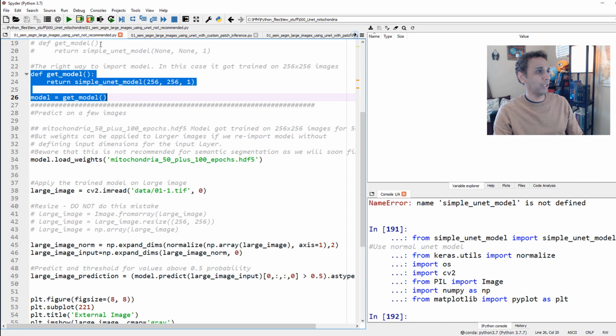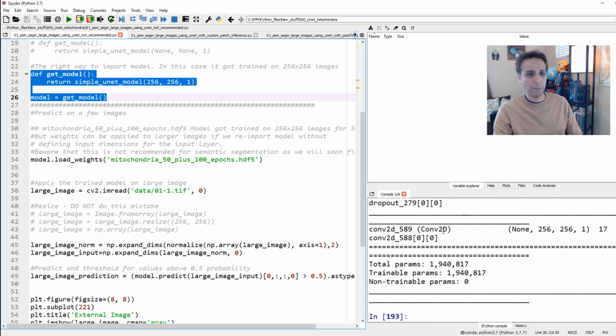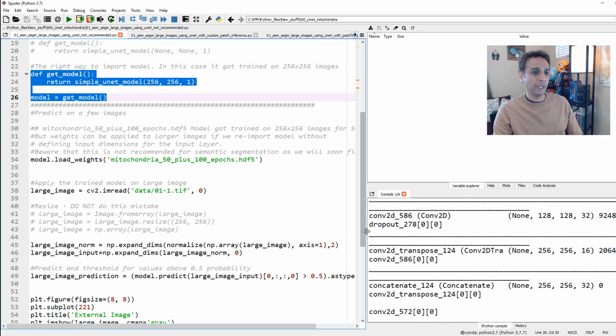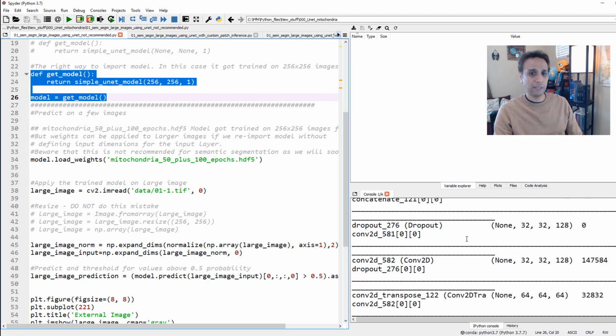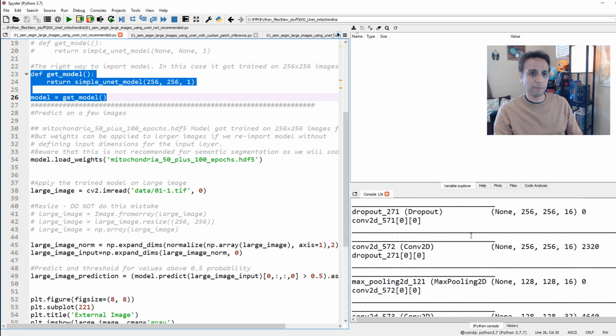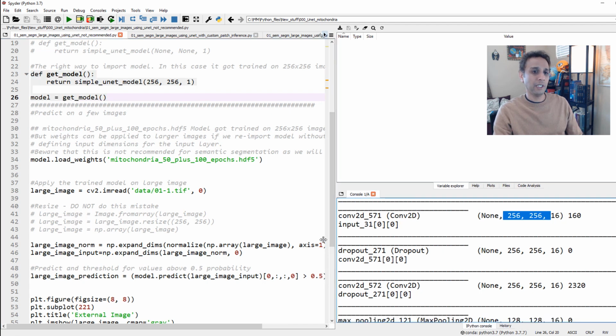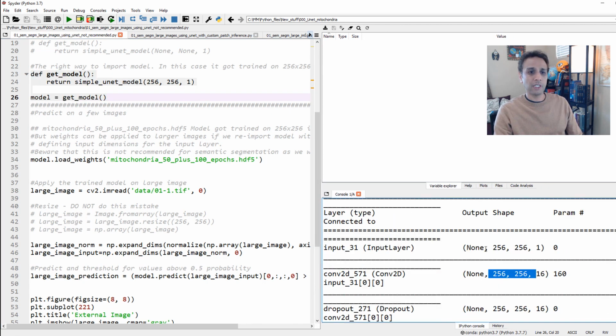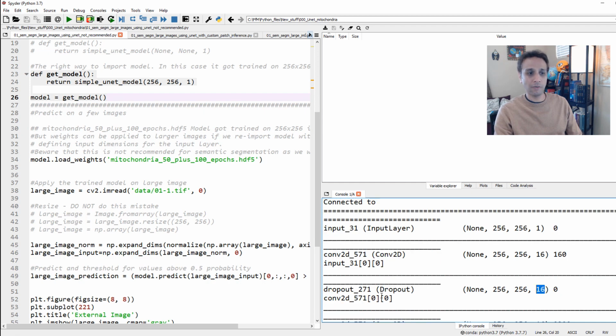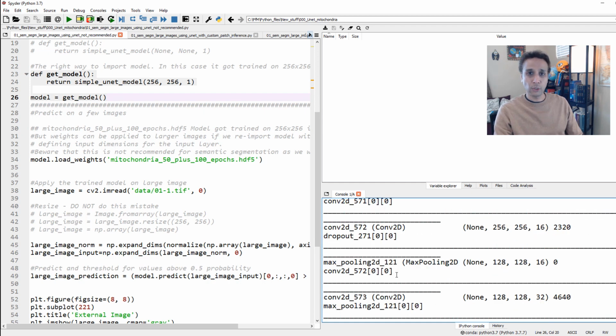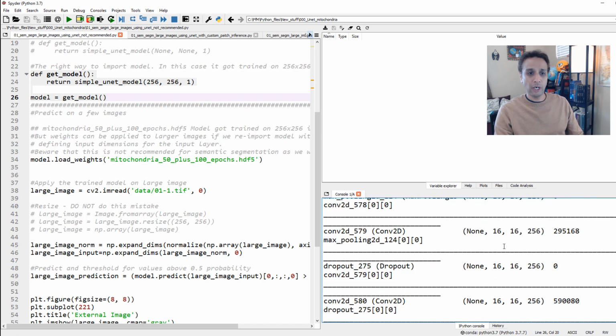Now go ahead and run these lines. Now you should see the summary of my model, and if I scroll all the way to the top, you should see that my input is 256 by 256 by 1, and then 16 filters right there, or 16 filtered images. Again, these are all convolutional layers and dropouts and so on. So this gives you a nice idea of exactly what I was doing,